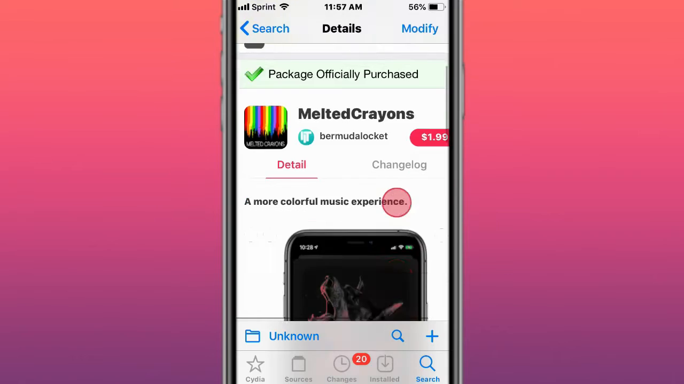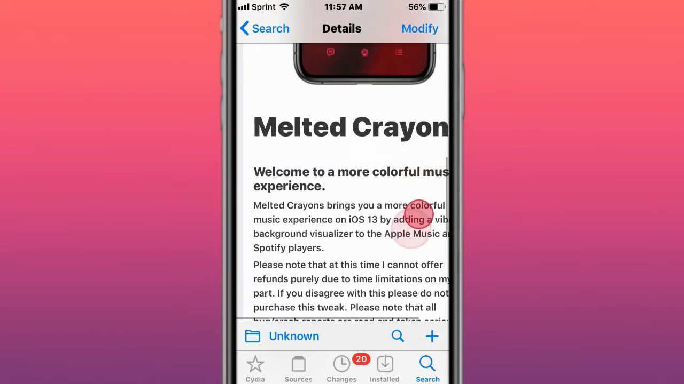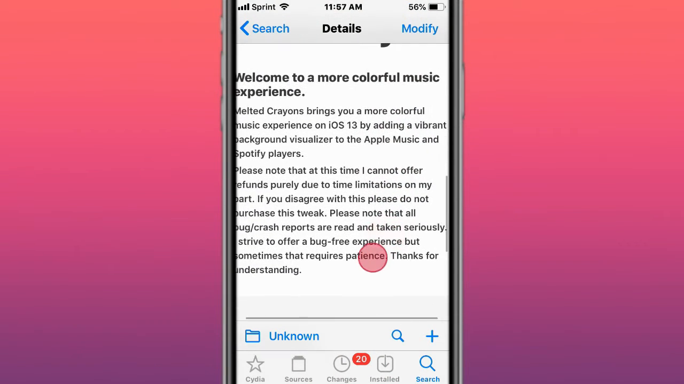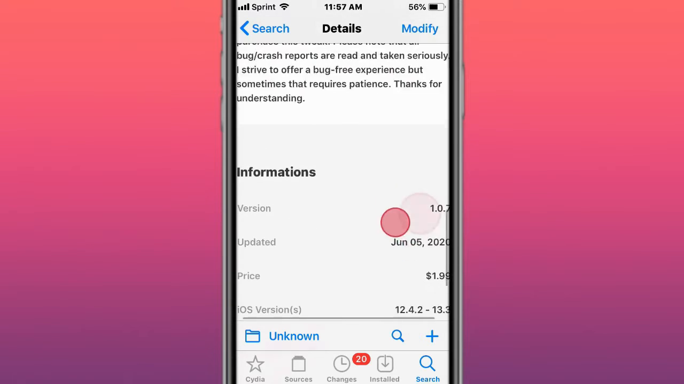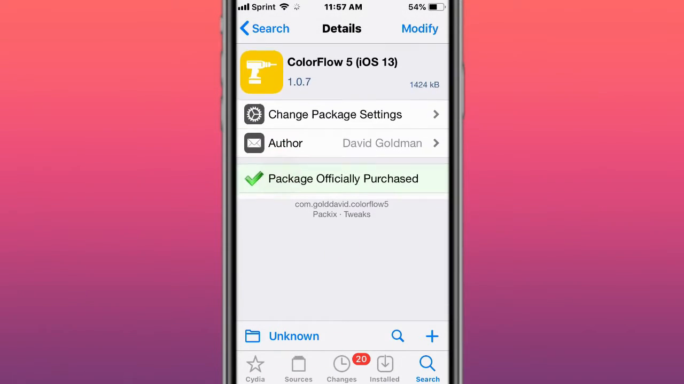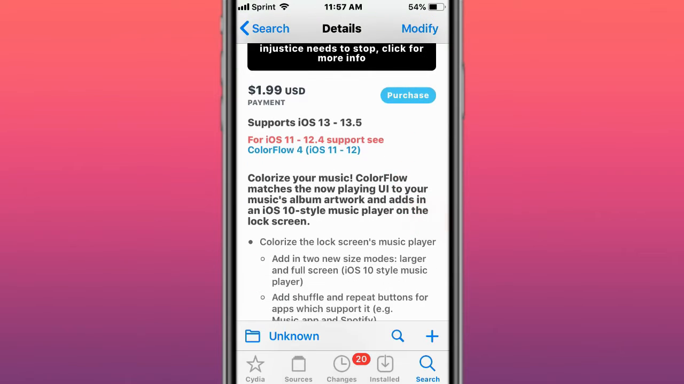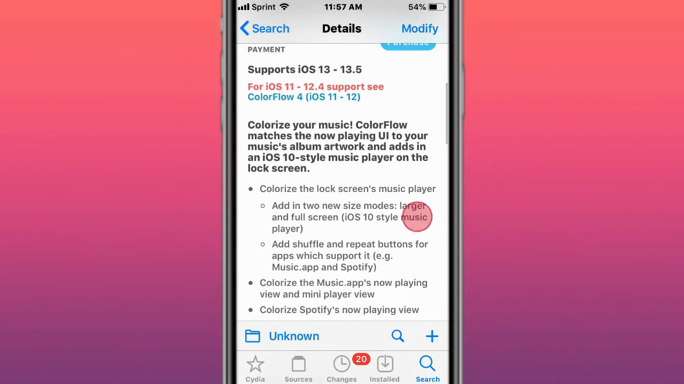The first video is called Melted Crayons, a more colorful music experience. It's a vibrant background visualizer for the Apple Music and Spotify players. This video is called Color Flow 5, colorize your music. It matches the now playing UI to your music's album artwork and adds the iOS 10 style music player